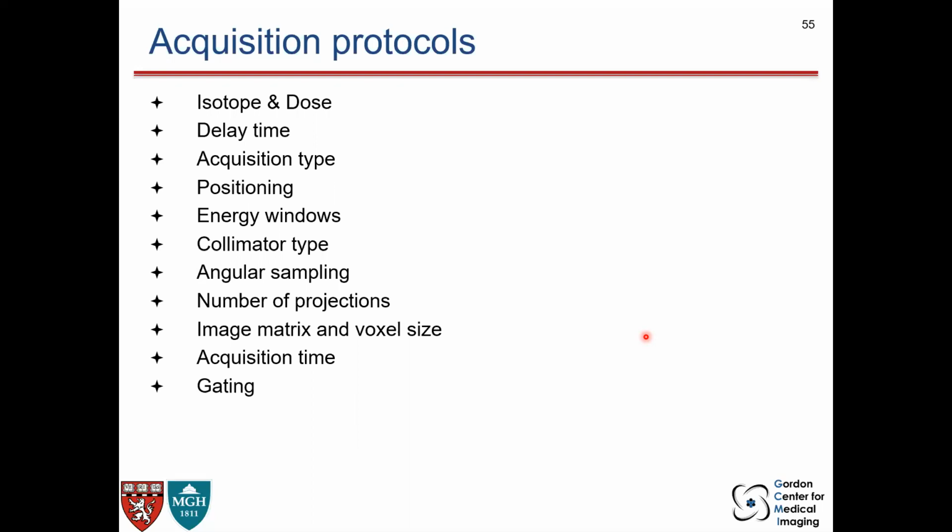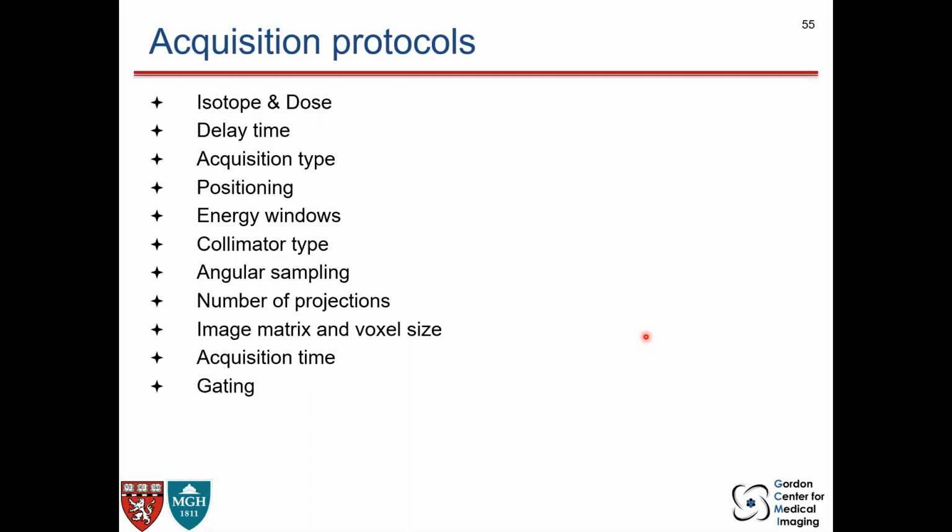Energy windows are relevant because sometimes you have a higher energy or a different isotope with different energy, and the energy windows have to be properly defined when you're doing the acquisition and of course the reconstruction. The collimator type, the angular sampling, number of projections,